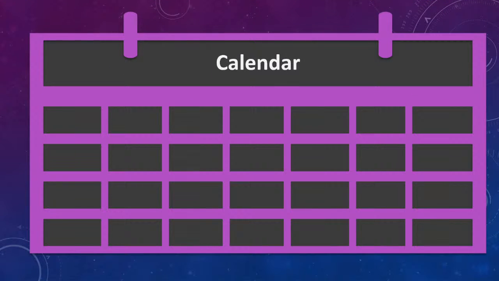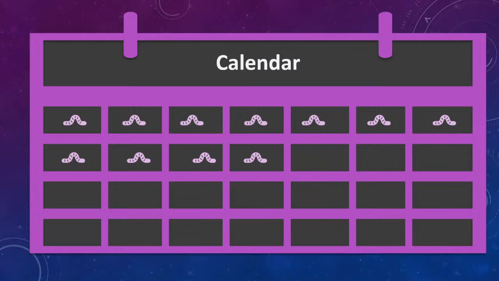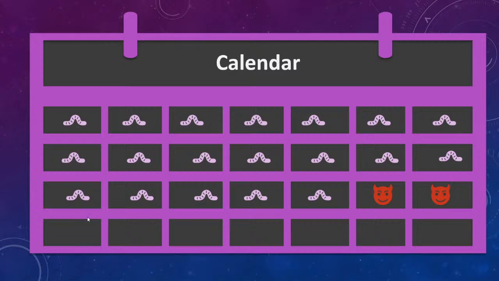So here's my incredible calendar. The first 19 days of the month, Code Red dedicated its purpose to spreading. It would generate a random list of IPs to start probing them in an attempt to spread. And then between the 20th and the 27th of each month, it would launch a DoS attack on a list of fixed IP addresses, one of which was actually the White House web server. And then from the 28th to the end of the month, it would just lay dormant and stop all activity.